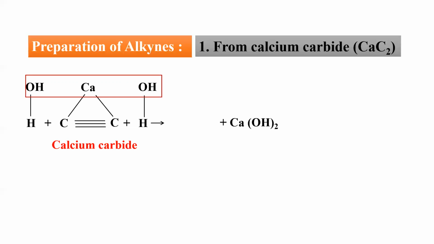So calcium goes away along with both the OH minus as calcium hydroxide. What is left over? Can you see what is left over there? I can see two carbons and two hydrogens. They will together combine to form acetylene. So pretty straightforward. All you need to know is the structure of calcium carbide. Calcium carbide upon hydrolysis will give us acetylene or ethine upon removal of calcium hydroxide. So this is one of the most important methods. Please make a note. This is an industrial method to prepare acetylene.